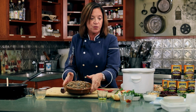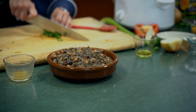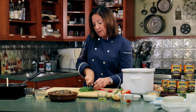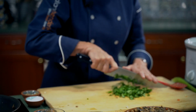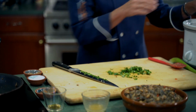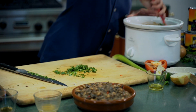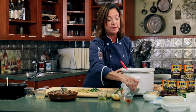Oh, I forgot the cilantro. Can't do that. My mother hates cilantro, I love it. And to me, I can't have any chili without cilantro. So I have to add that in there. We need that in there, and we're also gonna use some as garnish as well. Okay, so I'm gonna take a good hefty pinch of cilantro, stir that in there. Oh my gosh. And we'll save this for garnish,